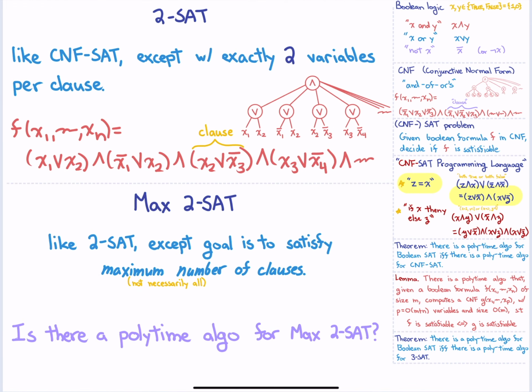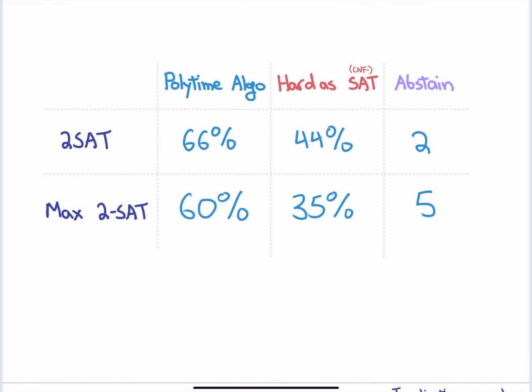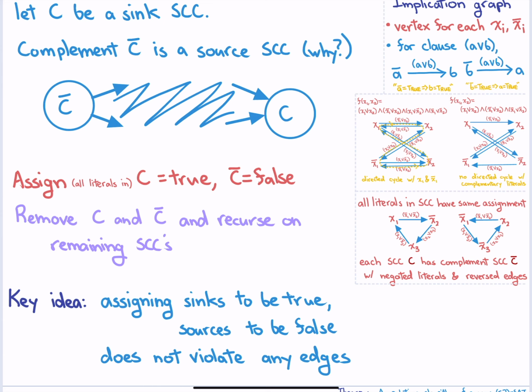And we pushed the envelope last time by looking at the 2-SAT and max 2-SAT problems. It's like 3-SAT, but you only have 2 variables per clause. In 2-SAT, you just want to satisfy the formula. In max 2-SAT, you want to satisfy as many clauses as possible. So they both seem really similar to each other, and to 3-SAT. We had a vote about whether it would be hard or easy. And even though you would think there's not much distinction between 2-SAT, max 2-SAT, and 3-SAT,